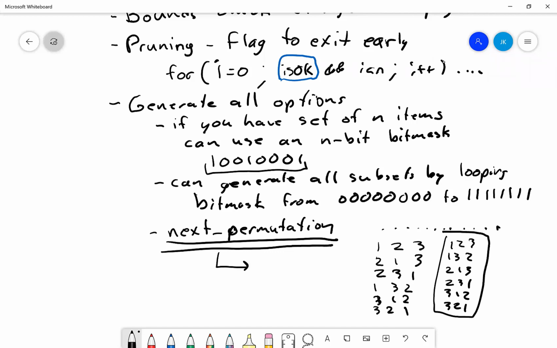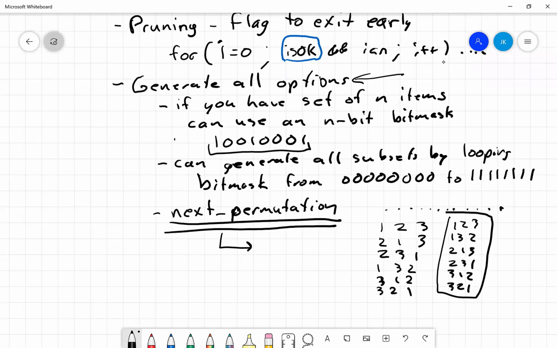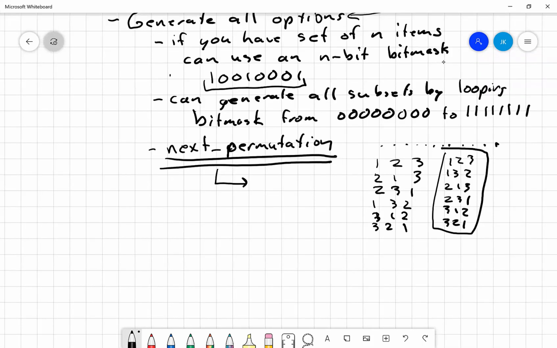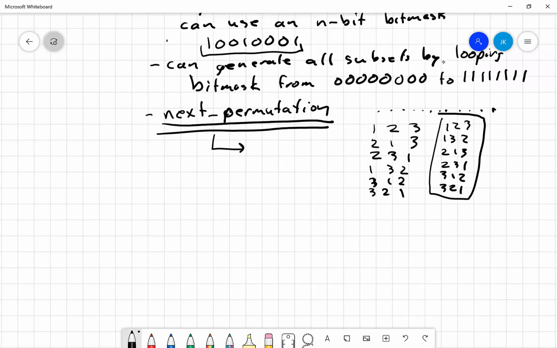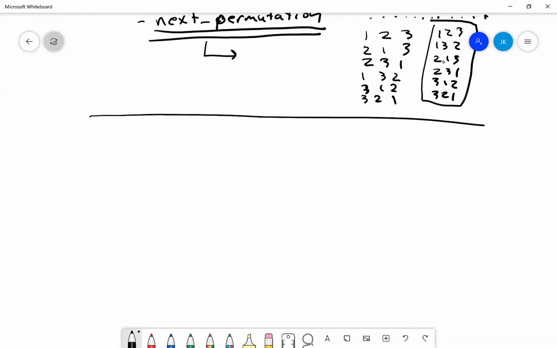But anyway, look up next permutation. This is another way that you can generate all the different options of something, and you can use some of the built-in tricks that the language provides you, either with a bit mask or with a function like next permutation, to do that a little bit more efficiently. Okay, so let me give you an example of a problem that you might run into. This is one that I pulled, I believe, out of the book that